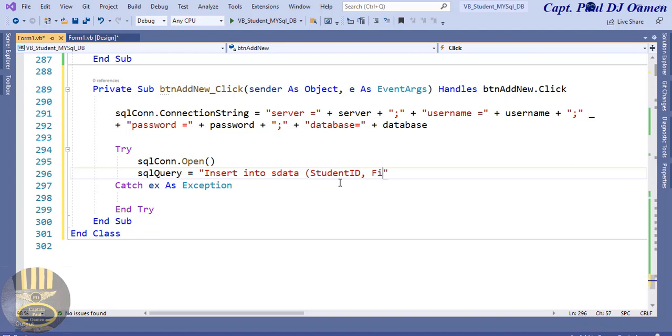Those are the fields inside my database at MySQL Workbench. So the next one is surname. Then I have the address, comma. I do have a gender there. I have date of birth,